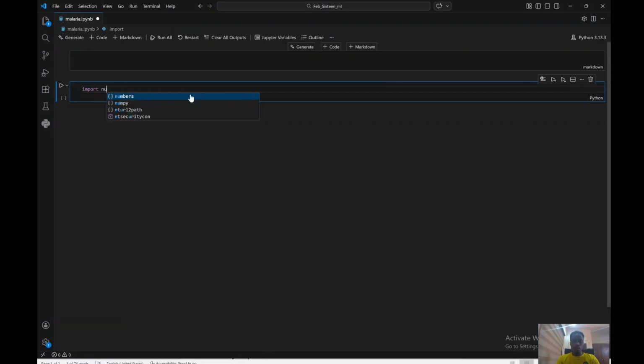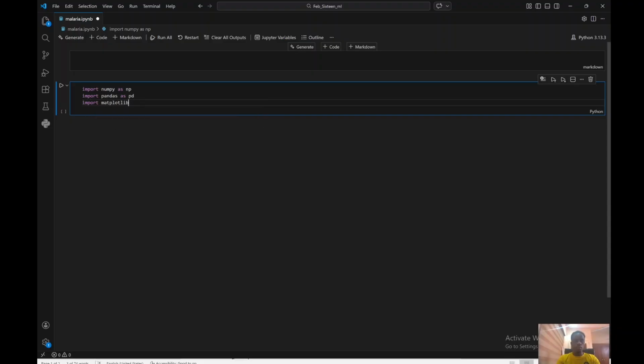Okay, so I'm going to open the code. I'm going to import NumPy as np, pandas as pd, and matplotlib.pyplot as plt. I'm going to import joblib, which I'll use to save my model. Next, I'm going to import category encoders as ce. Now from scikit-learn,